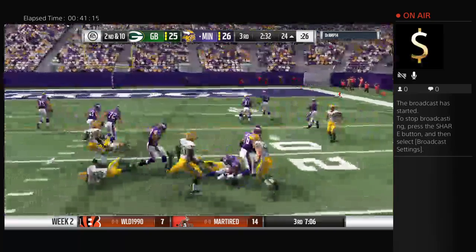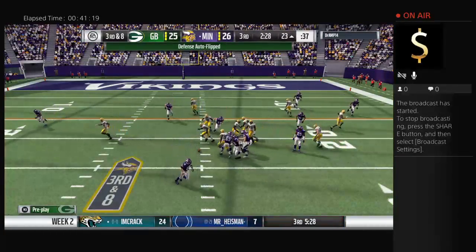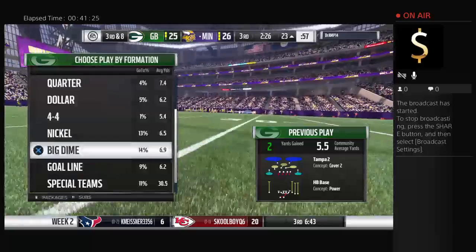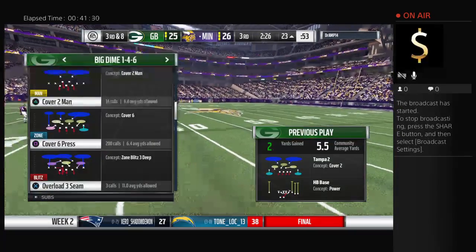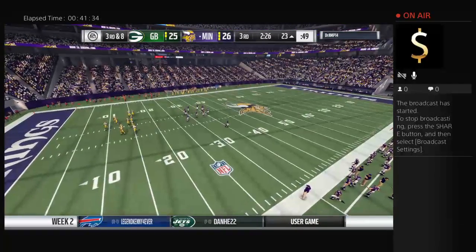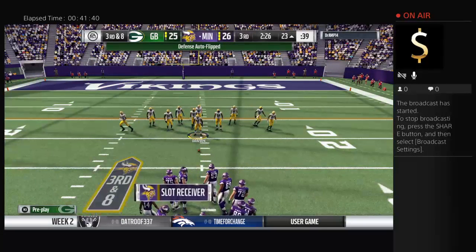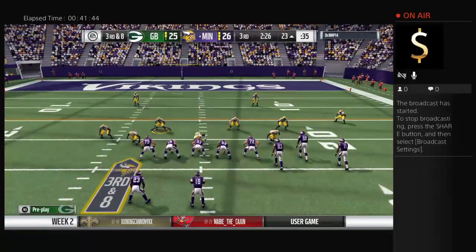Out of the gun. And not much. Maybe a yard down to the 23. Tough day. Tough sledding right there. And now a timeout coming from the defensive side for the Packers. It's just their first, so 2 remaining as they burn one here in this third quarter. And if they want to keep this drive alive, they'll need 8 yards here on third down. Here we go now. Green